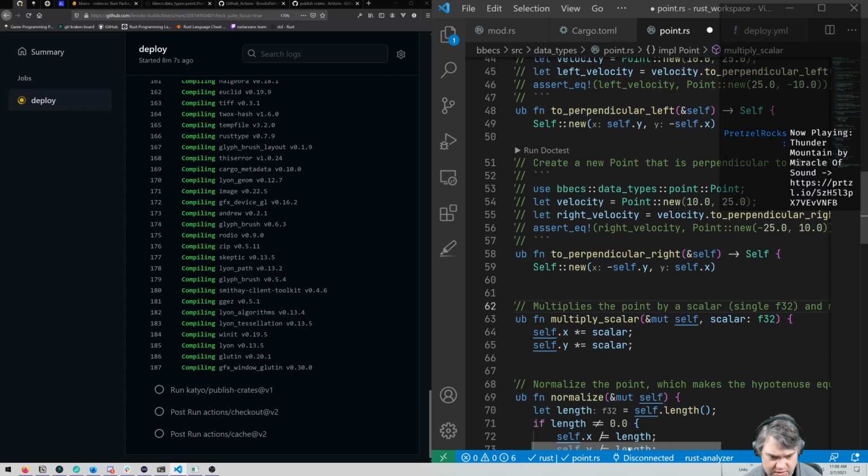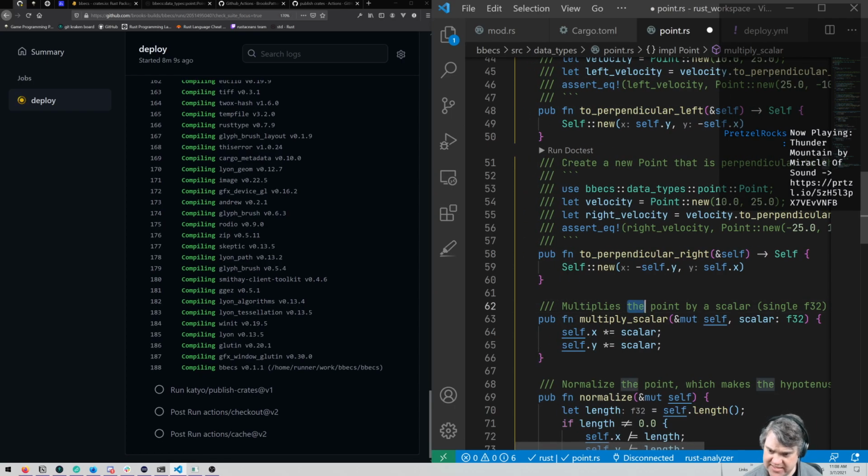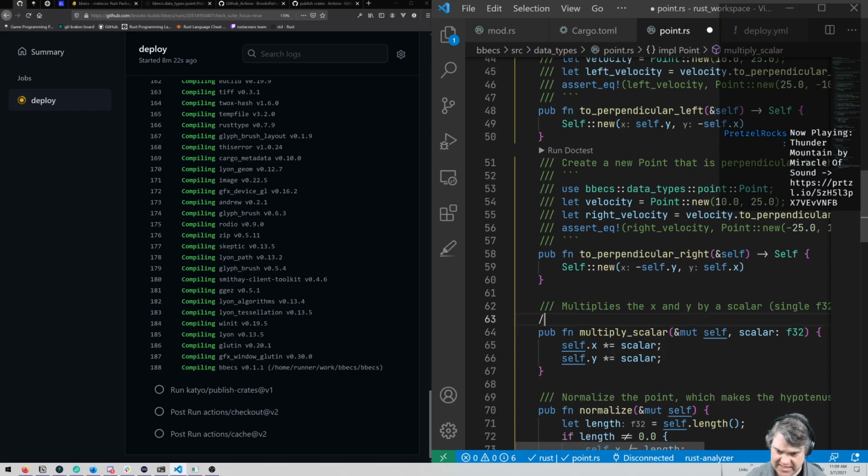And really what that means is it multiplies each of the x and y by a scalar. Okay, so then if I want to do the test here,